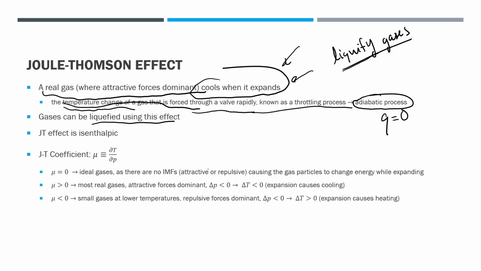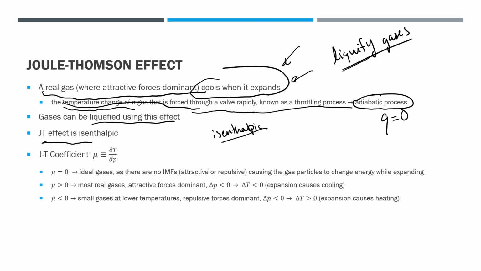Okay, and the next key point is that the Joule-Thomson effect is isenthalpic. And that means that the enthalpy change of the Joule-Thomson effect, before and after, is equal to 0. And we're going to talk much more about thermo in future videos, but I just wanted to introduce some key terminology from thermodynamics in this video. So this is a little bit optional because we're going to go into much more depth on these terms, internal energy, enthalpy, entropy, all of these ideas later on in this Atkins lecture series.